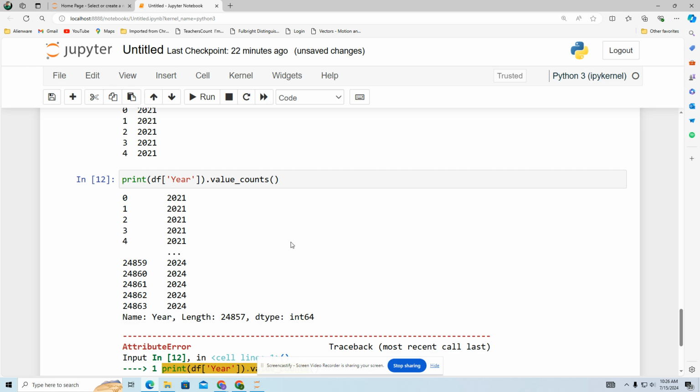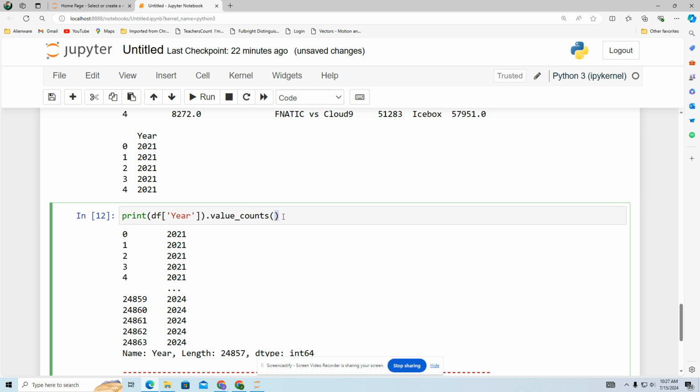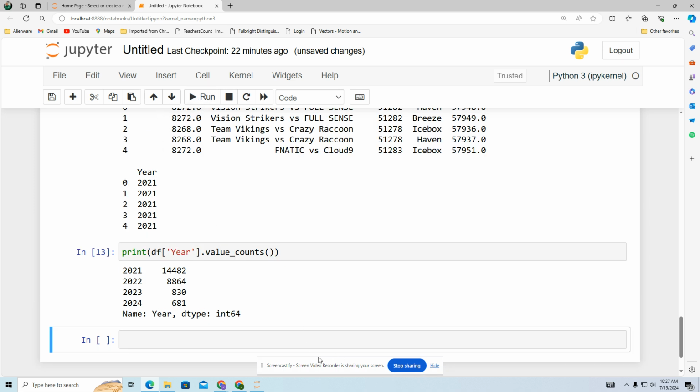Oh. I think I did it wrong. Yeah, all right. So this should be here. And if I rerun it. All right, so yes, data frame year value counts. There's more values, it looks like, in these years than some other years. We're gonna